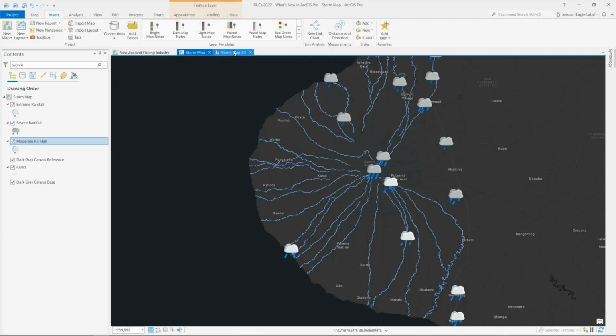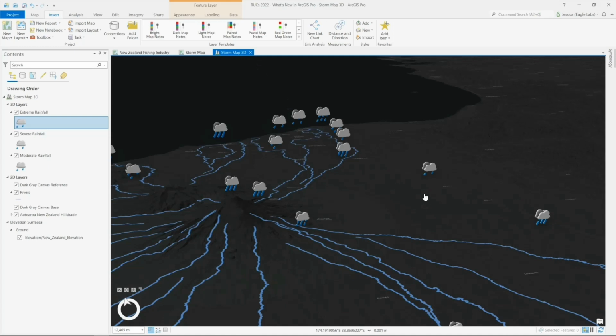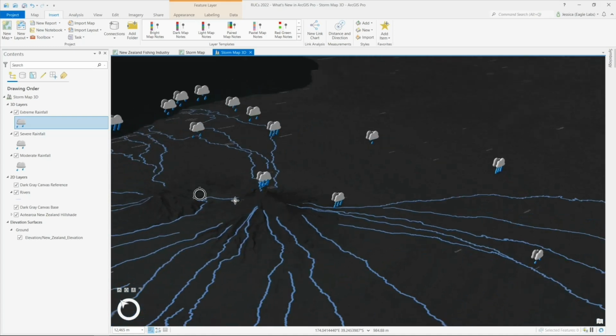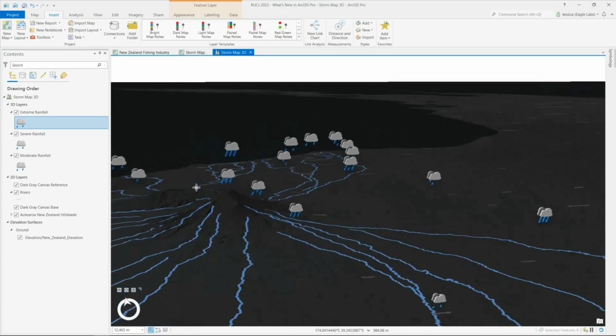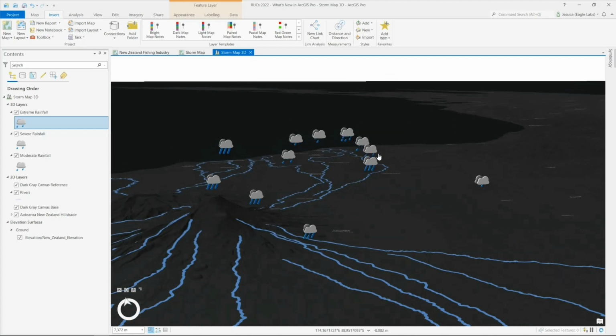If I want to make a 3D scene instead, I can use the 3D symbols and modify them in a similar fashion. With animated symbology, both these previously static layers have been upgraded to be more visually engaging and informative, though at any time all these animations can be paused by clicking the Pause Playback button in the bottom right corner of the map.